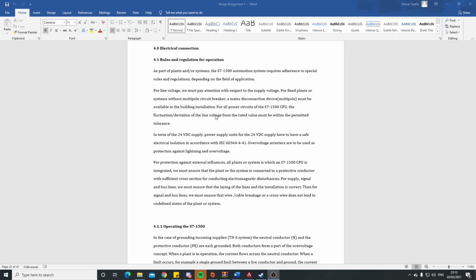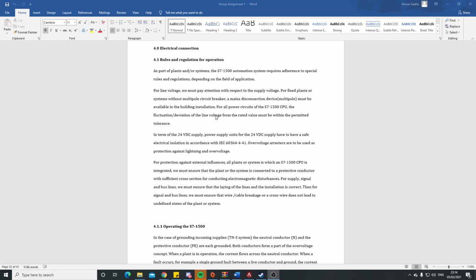In terms of the 24 volt DC supply, the power supply unit for the 24 volt DC supply must have safe electrical isolation in accordance with IEC 60364-4-41. Overvoltage protection is to be used as protection against lightning and overvoltage. For the protection against external influence, for all plants or systems in which a CPU is integrated,